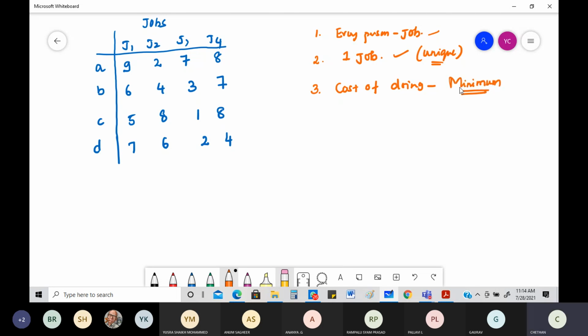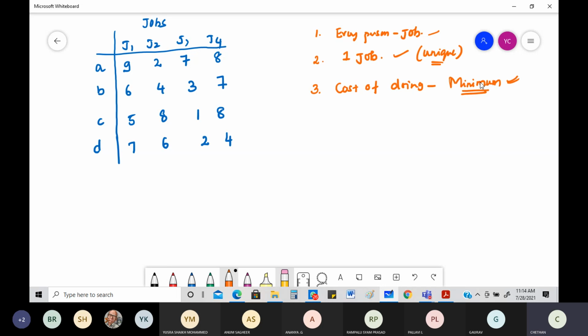Okay, it should be minimum. It should not be like, see, if I assign a particular job, A is doing a certain job, B is doing a certain job, like that. Every person is doing a job, fine. But the cost of it should be as minimum as possible. See, I told you very clearly, when I talked about branch and bound, that it is used for optimization problems. That too, minimization problems. Knapsack, what is the thing that you do?